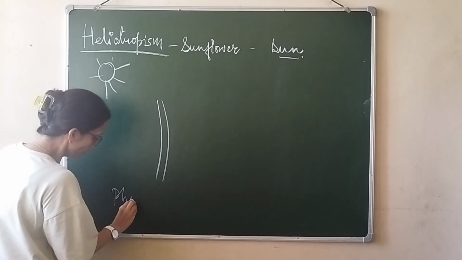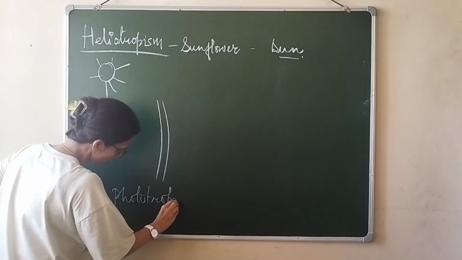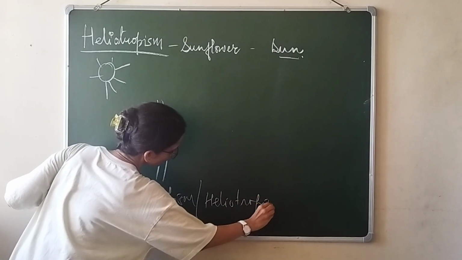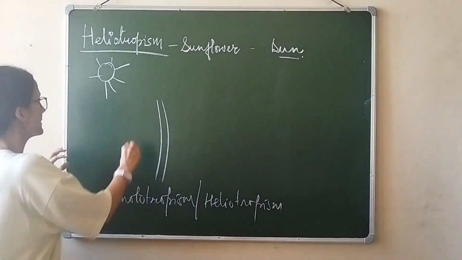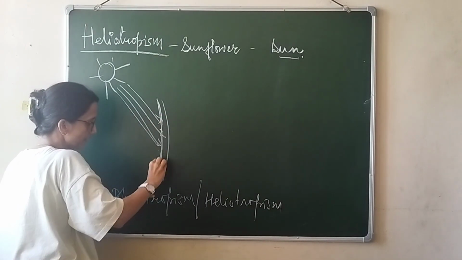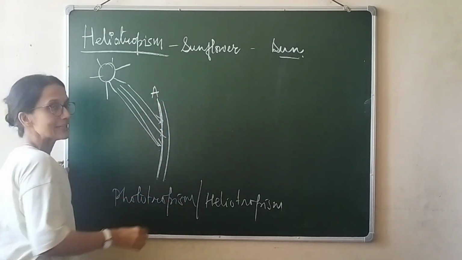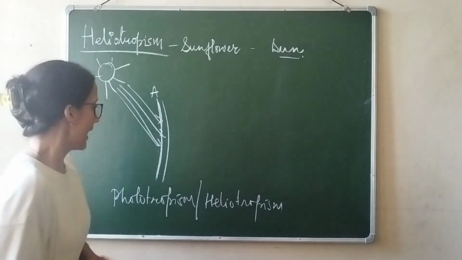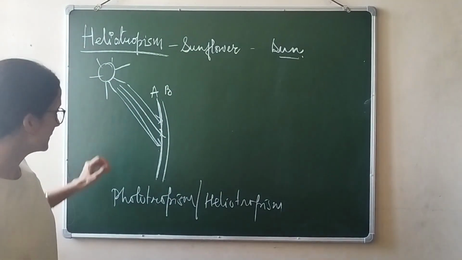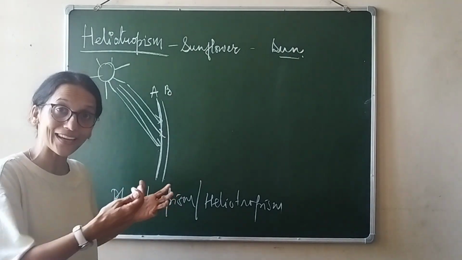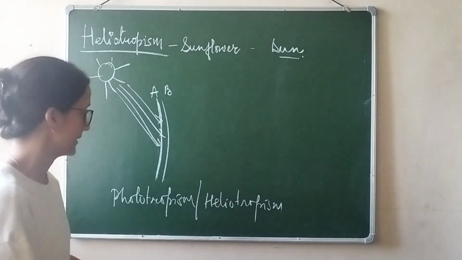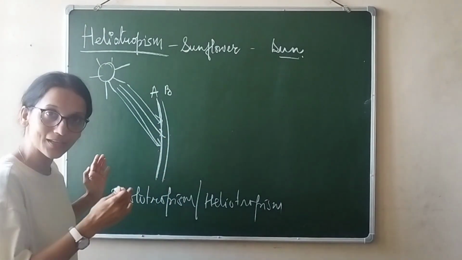So let's take the example of a plant whose sun rays exposure is happening from one direction, whether you talk about phototropism or heliotropism, the mechanism is the same. The sun rays directly fall on one side of the stem. So think of this part of the stem, let's call it A, which is directly getting the sunlight, and the part of the stem which is right opposite to it, let's call it B. So what happens, that part of the stem which is directly getting the sun rays will not show any changes, but the part which is not getting the sun rays directly,